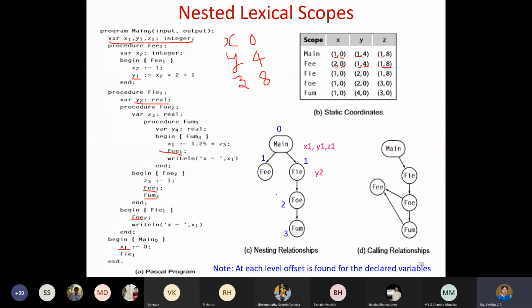Also, please notice that that's why this nesting structure is important. FIE is independent of the FEE function. It is not nested inside that. So FIE will only carry the variable scopes from the main if it is not redeclared. If it is redeclared, then it will be using the recent scope.